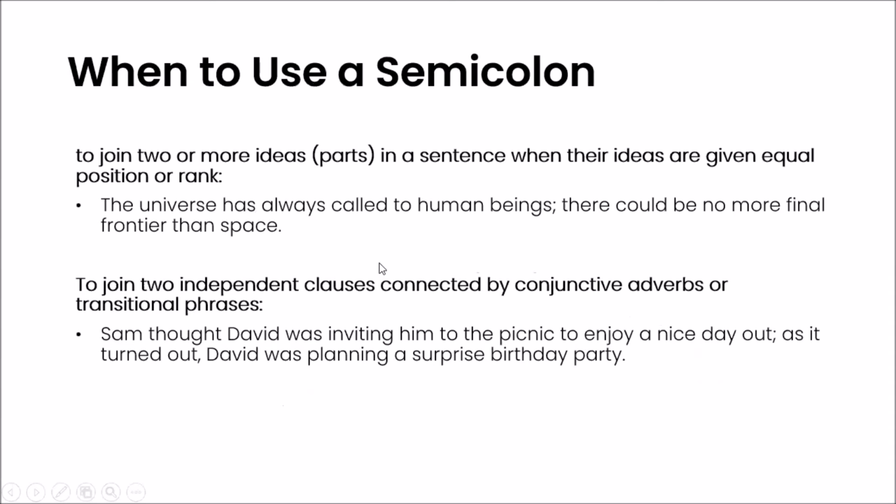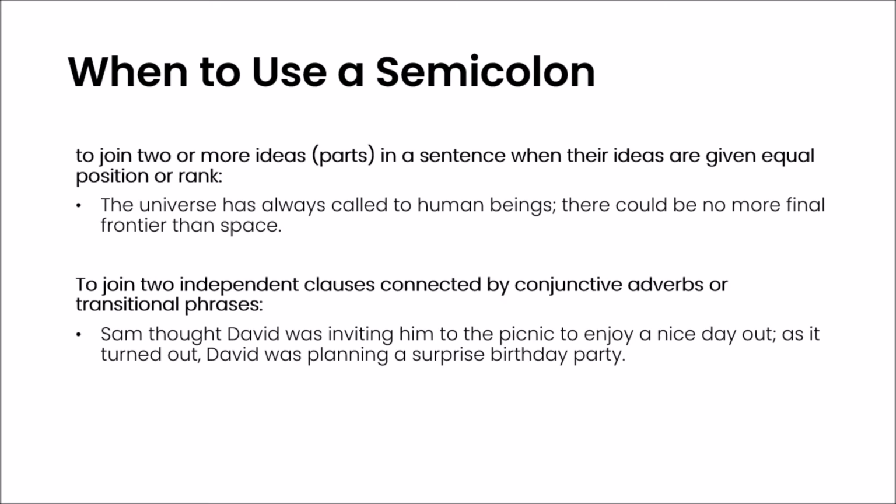When do we use a semicolon? A semicolon is used to separate two ideas, which is two independent clauses that are closely related. They can also be used when listing complex ideas or phrases that use commas within them. Essentially, a semicolon is like a comma with more meaning or a colon with more flexibility.